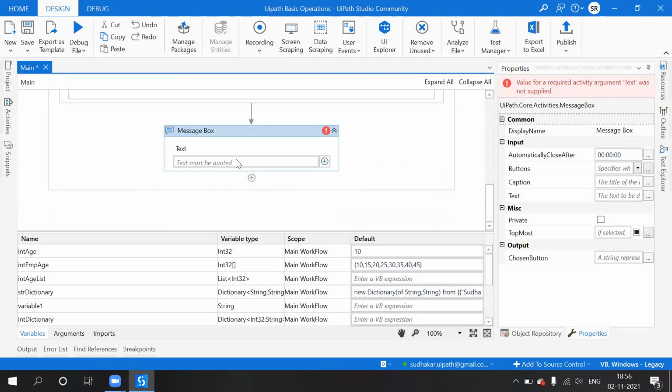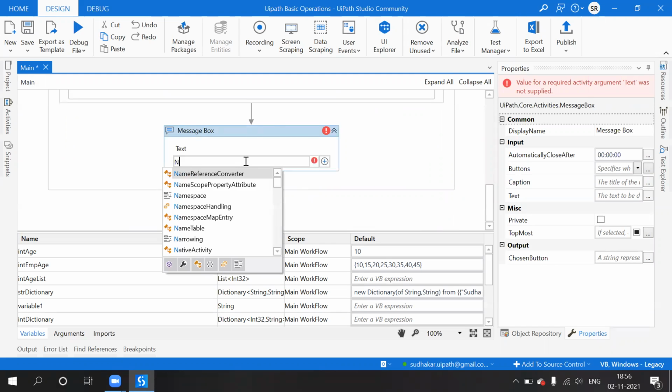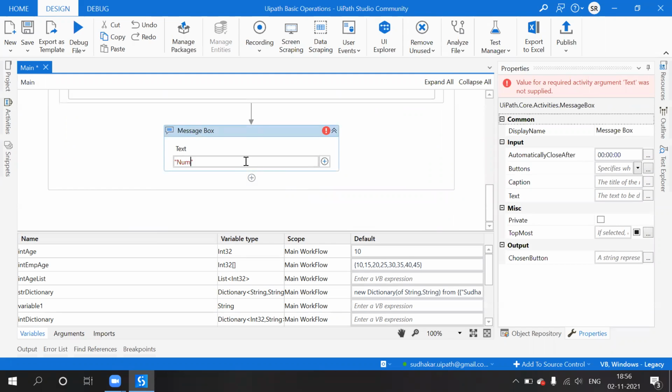So now number of adults equal to, give some space, plus, so adult dot string.